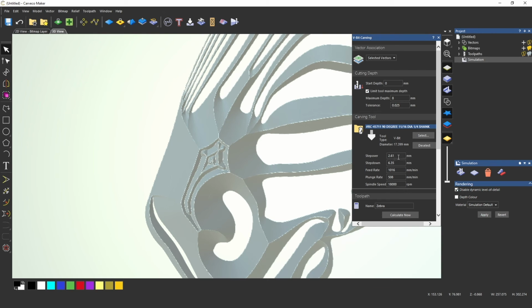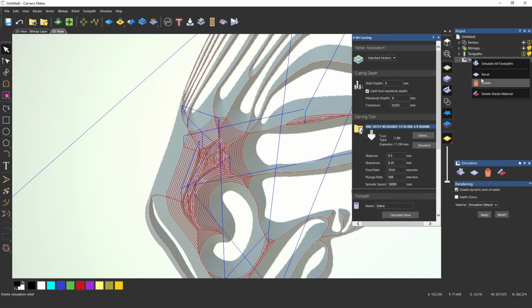So what we can possibly do is reduce this and get a smoother area in this nose part. So let's, for example, bring this down to 0.5mm. Now before I click calculate, the one thing I should identify, like with any type of toolpath, is the lower the step over or the smaller the step over, typically the longer the job is going to take, because it will need to do more passes to complete it. So if we click calculate now,